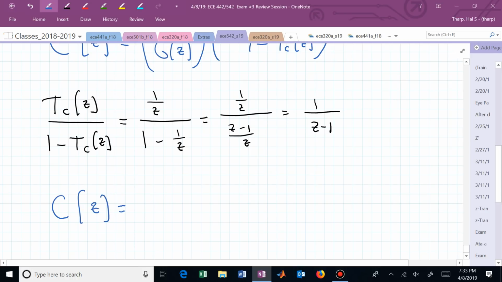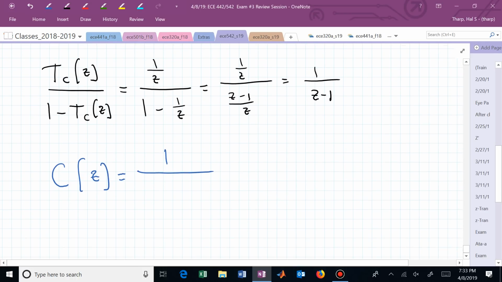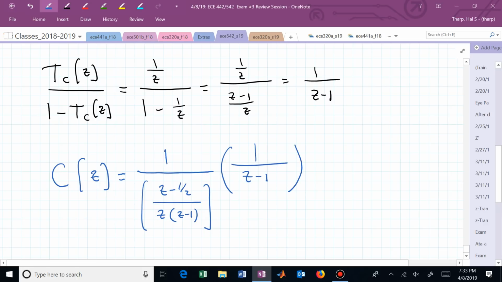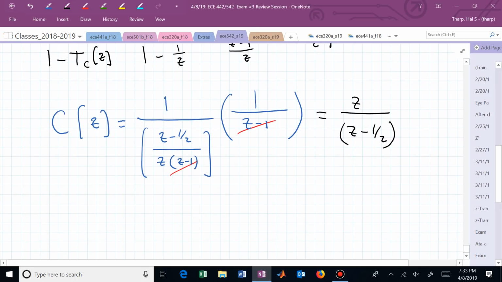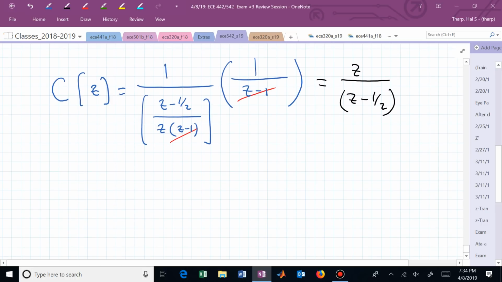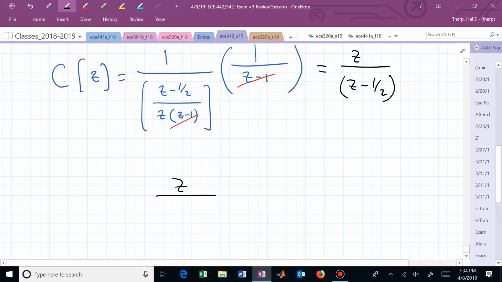We can now use that in the c of z expression. This is 1 over, and what was our g of z? That was z minus 1/2 over z times z minus 1. And we now multiply that by 1 over z minus 1. That z minus 1 is in the right spot to be canceled by that z minus 1 factor. And the z in the denominator of the denominator comes upstairs, and we now have a z minus 1/2. That's our controller to achieve the desired specifications that we want, or in a block diagram,